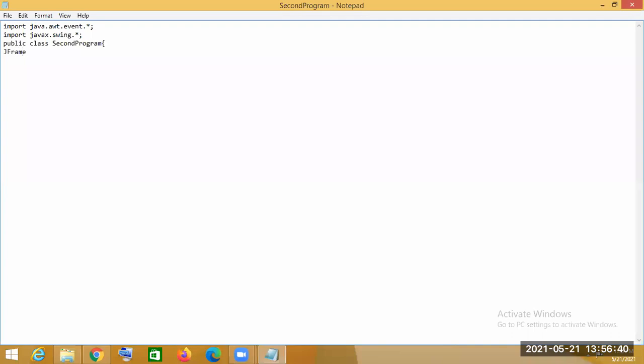Here we are not extending the frame class. So that means we have to create the object of the JFrame class in our program. We are not extending JFrame, so we have to create the object of the JFrame class. So this is the object we are creating, new JFrame.